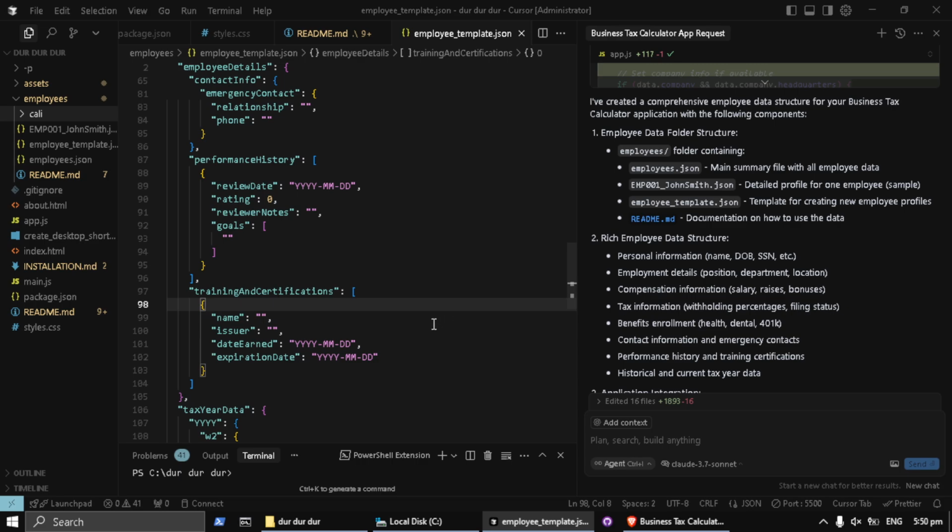But now that power and that money has been given back to you with the software, because now I can just come over here and say, John Smith works in California and Jane Doe works in Montana, and they have different tax rates, and John is part-time and Jane is full-time,